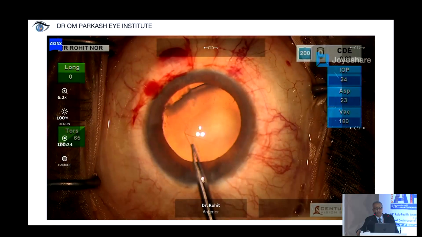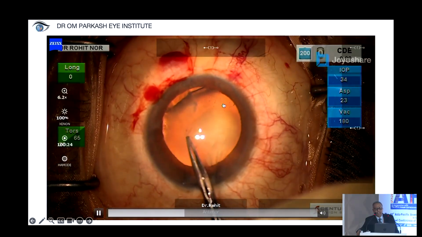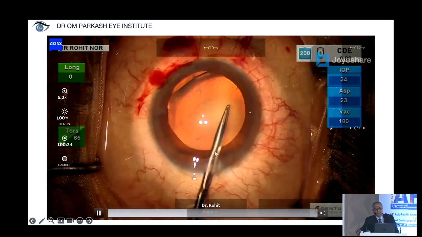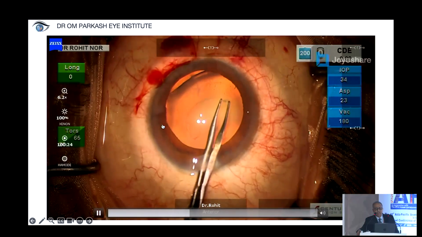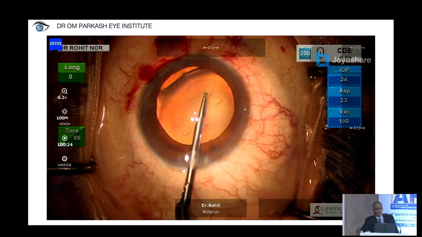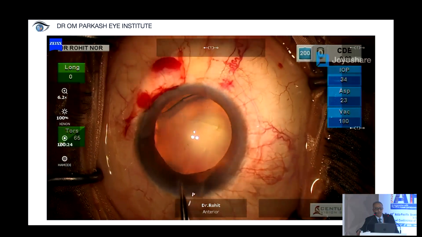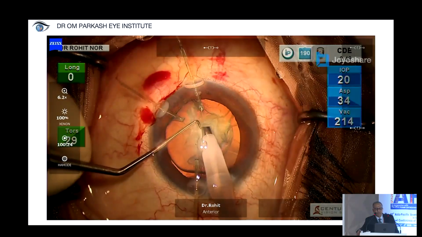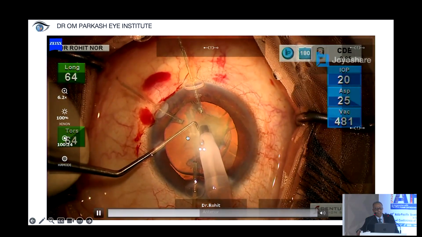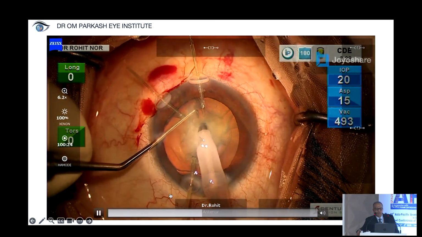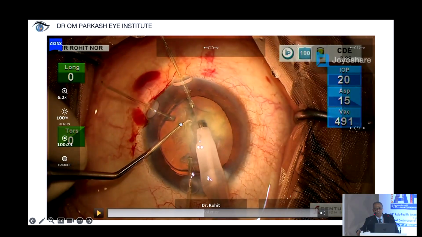The rexis has to be created in such a way that it centers the lens rather than centers the pupil. I found that the rexis was too small for my liking, so I just spiraled it around and completed the rexis. You see the fluidics which I'm using, around 20. When I'm using 20, I'm trying to create a situation wherein there is less flow of fluid into the anterior chamber,